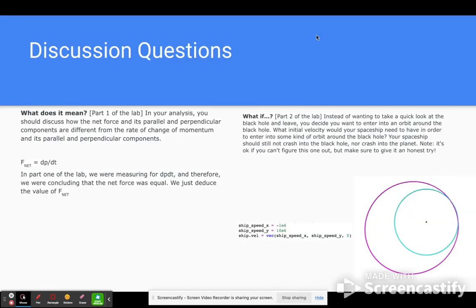So some discussion questions. In your analysis for part one, you should discuss how the net force and its parallel and perpendicular components are different from the rate of change in momentum. So F net equals dp over dt, as I discussed in the key concept slide. In part 1 of the lab, we were measuring dp dt, and therefore we were concluding that the net force was equal. We just deduced the value of F net. Instead of wanting to take a quick look at the black hole and leave, what speed would the ship have to go for it to travel in an orbital radius of the black hole? So using the numbers I